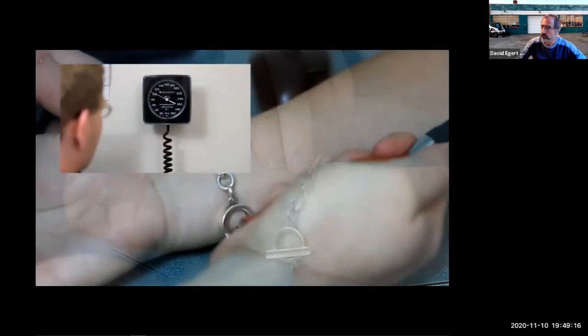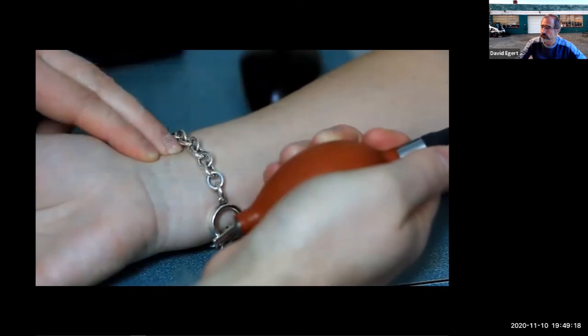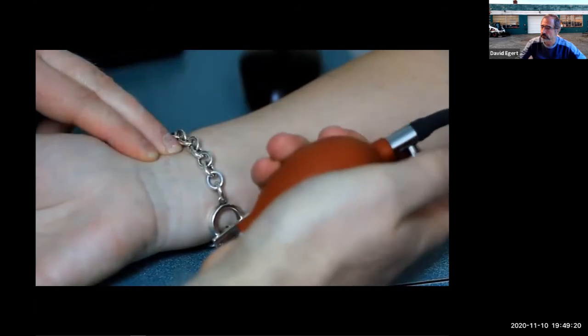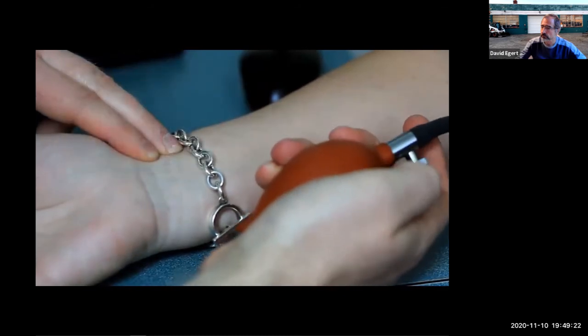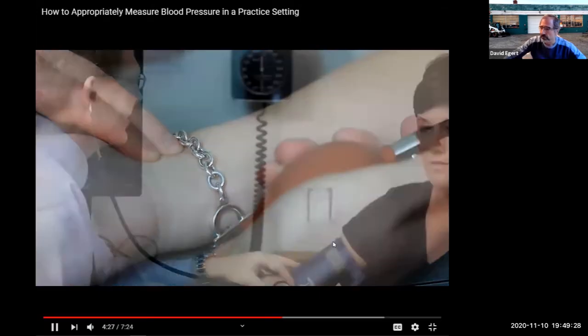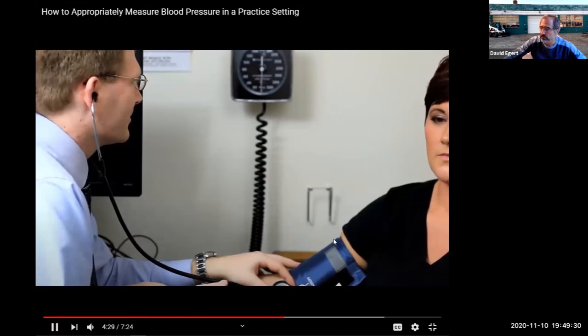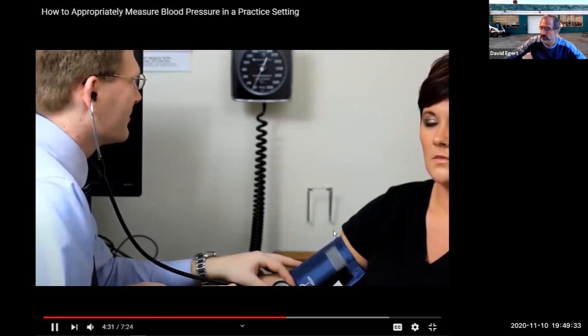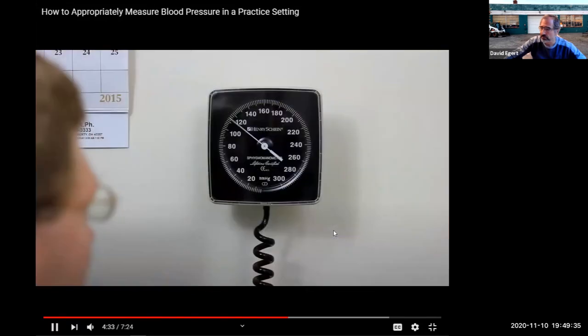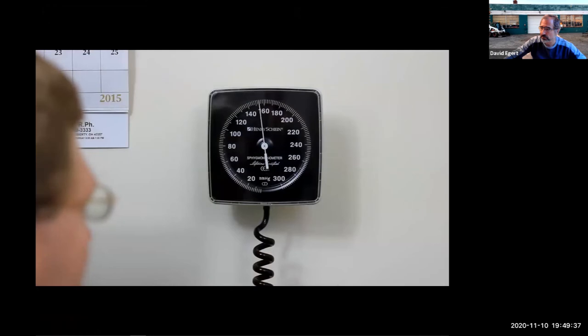Continue to inflate in 10 millimeter of mercury increments until the pulse disappears. Then deflate the cuff at a rate of 2 millimeters of mercury per second, noting the pulse obliteration pressure where the pulse reappears. You are now ready to measure the patient's blood pressure. Inflate the cuff to 20 to 30 millimeters of mercury above the pulse obliteration pressure. Then deflate the cuff at a rate of approximately 2 millimeters of mercury per second while listening with the stethoscope